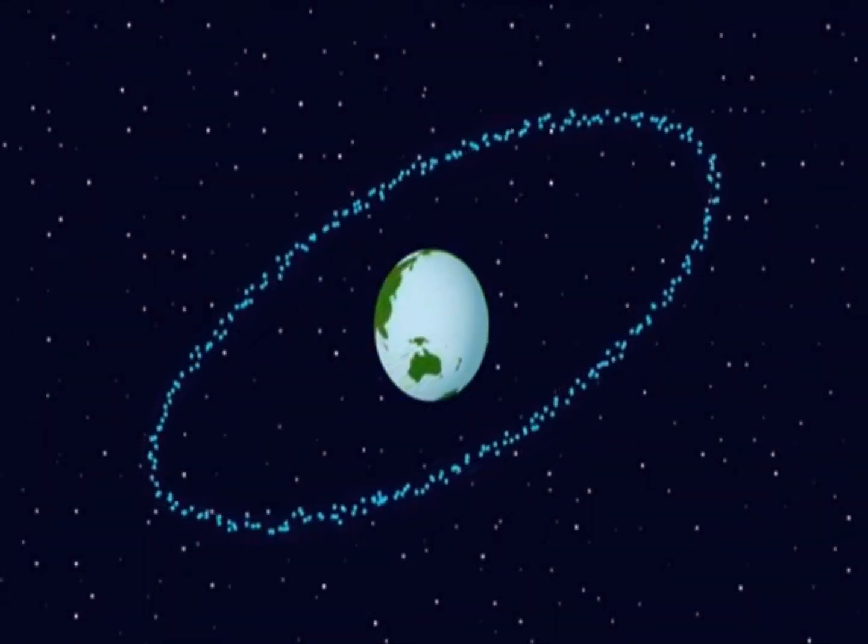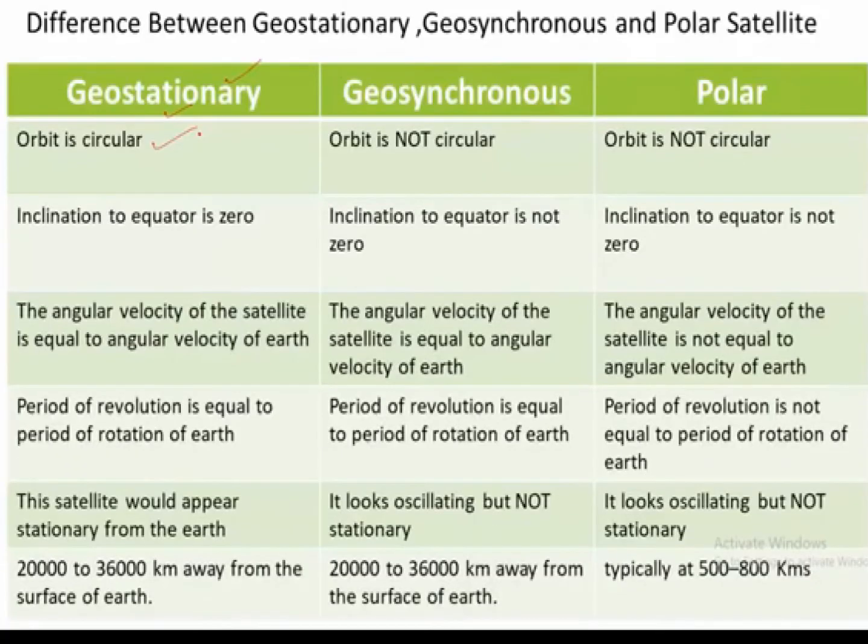We find that the orbital velocity of the satellite is independent of the mass of the satellite, but depends upon the radius of the orbit. The radius of the orbit is r plus x, where r is the radius of the Earth and x is the distance and M is the mass of the planet about which it revolves. The orbit of a geosynchronous satellite will be circular, but that of a geostationary satellite will be circular, and the polar one will not be circular.